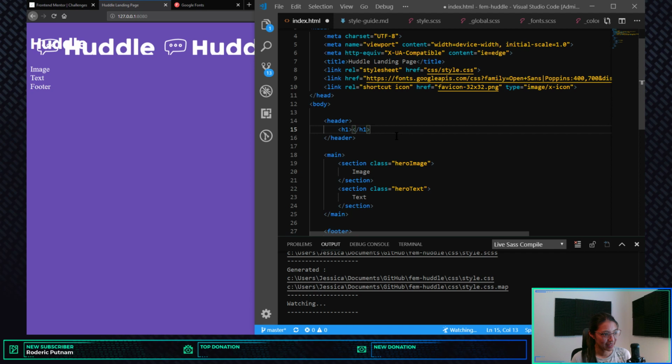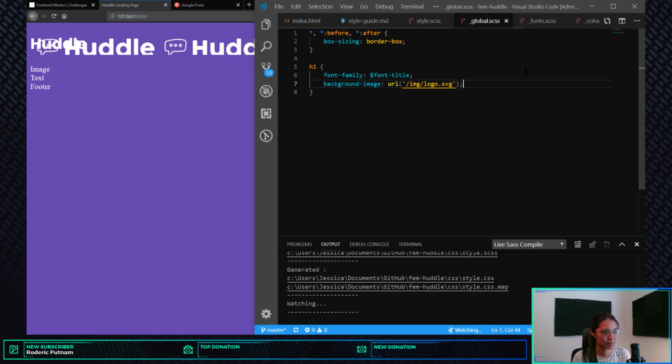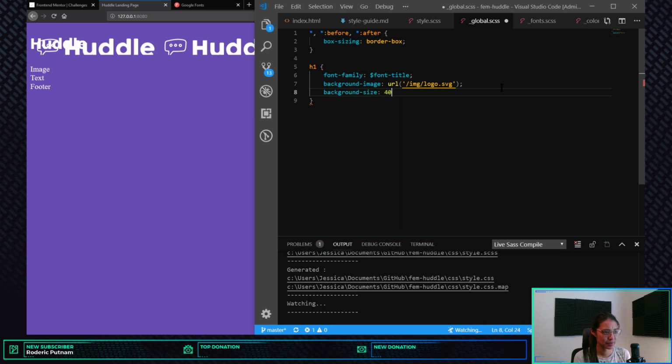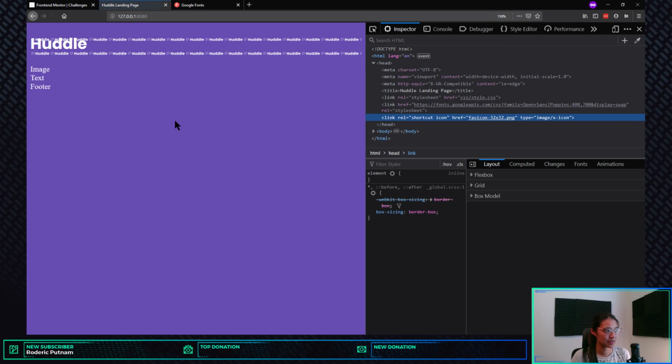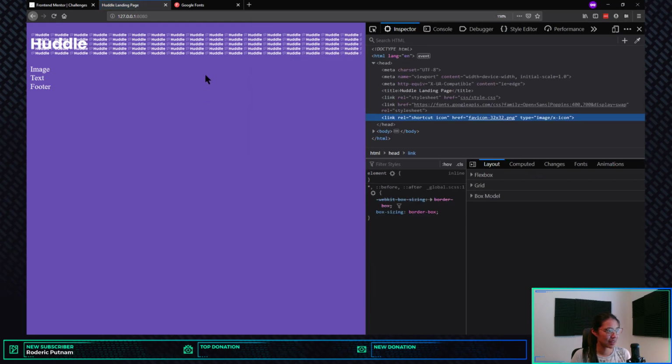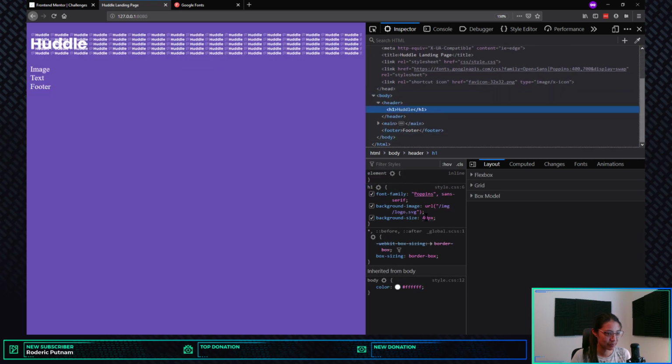Honestly, I don't know how I feel about that because I feel like it is a good idea to have text, especially for accessibility purposes, but maybe that's just me. So I'm going to keep this as that. Obviously, that's not what we want it to look like. Background size, let's say 40 pixels, 30 pixels. Let me show you what that does. Oh, that's way too small. Oh, because it was including the whole text. Sorry, let's do a little trial and error here. Background size is,